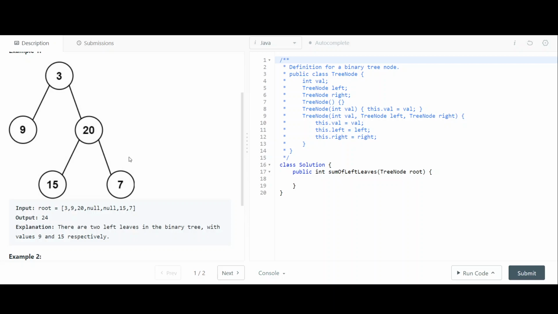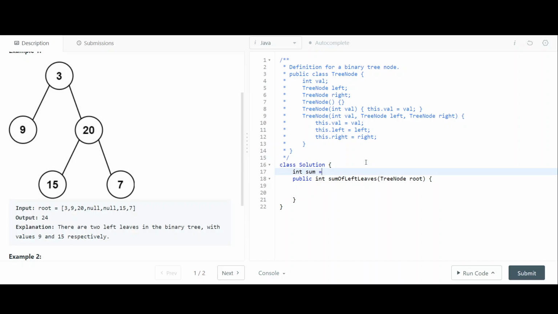Can we do pre-order traversal? So from pre-order traversal you go to 3. 3 has a left child. So it's not okay. Let's try, let's try very basic. So, sum of left leaves. I mean, one idea is obviously to